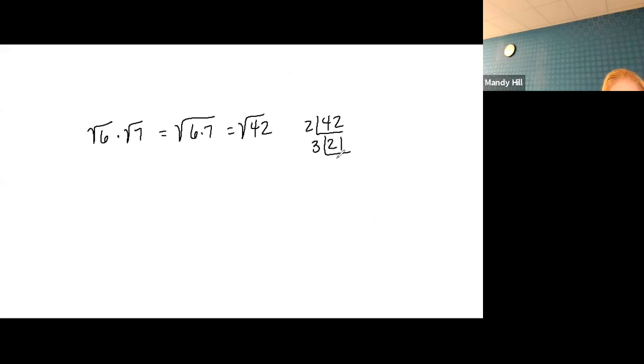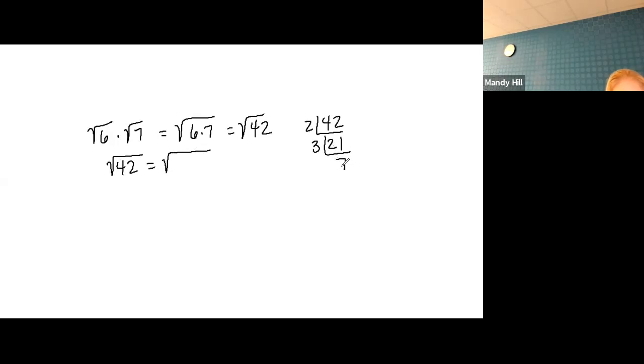Okay, so we've got the square root of 6 times the square root of 7. Well, we're going to do 6 times 7, which is going to be the square root of 42. Going to look at 42. 2 will go into 42 21 times. 2 will not go into 21, but 3 will 7 times. So that means that the square root of 42 is,